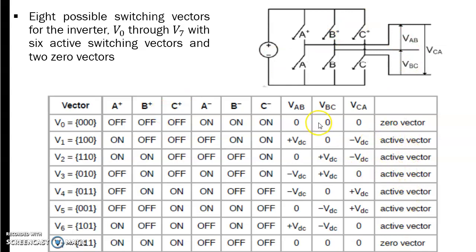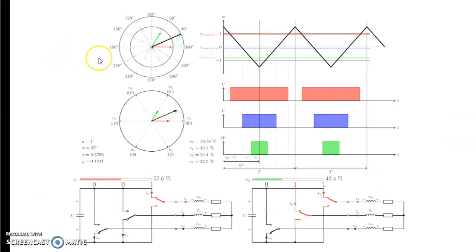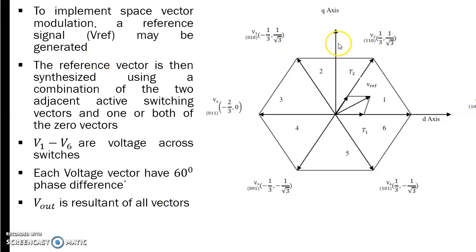And these vectors you can convert. This is a 3-phase system with 3 quantities. We can use a coordinate transformation, the space vector method, to convert this into a 2-phase system and control this. That is the space vector modulation. Here you can see the 6 active vectors shown. This one is an active vector. This is another one, another one, another one, and this is the last one. The 6 active vectors. And these vectors are transformed into the DQ plane.